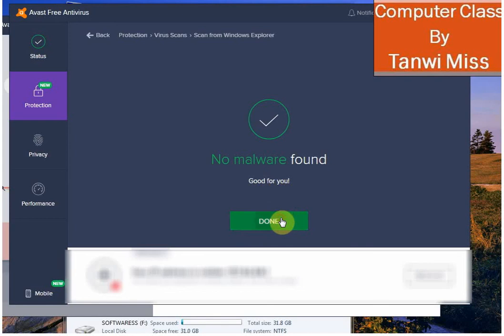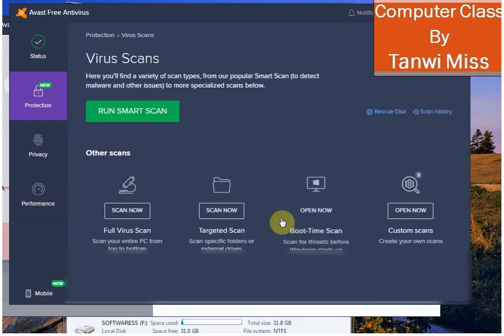Here you can see no malware found, good for you, done, click on done. So here you will get a lot of options in the antivirus.